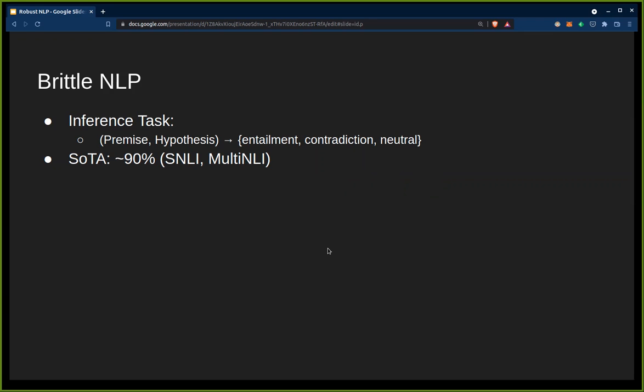The state of the art is actually around 90% if you have these really large transformers that can usually get around 90% on these standard data sets. Well, it sounds impressive, but the problem is that it's not really robust.